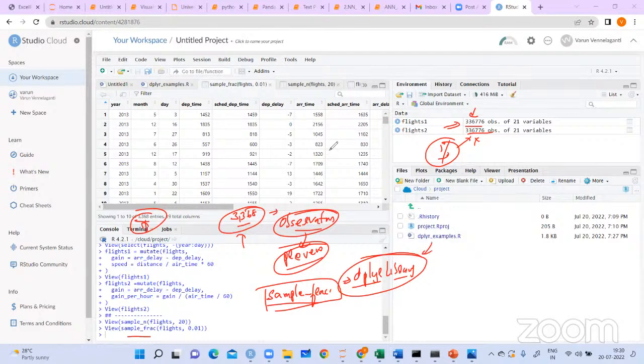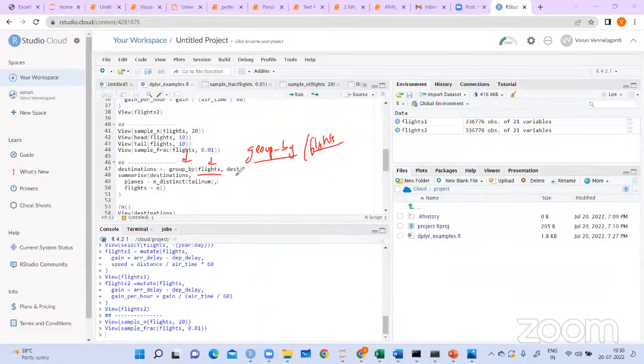Now, let us see another function which is called group by. So we are saying group by my flights data. And how do you want to group this data? I'm saying by destinations, by dest. So this is how I want to group my data. So if you carefully observe the data set,